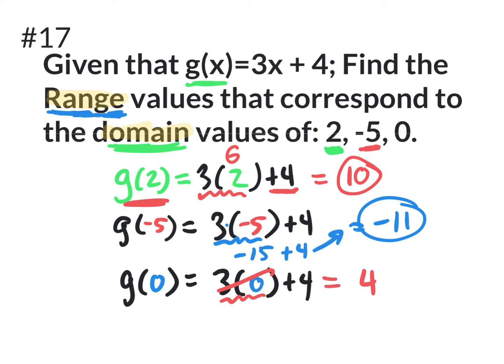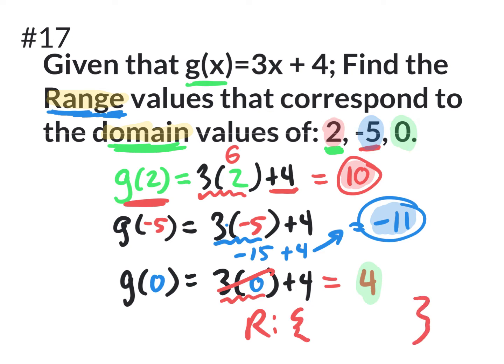Okay. So I want to use colored highlighters here. The domain value of 2 gave us 10. The domain value of -5 gave us -11. And the domain value of 0 gave us the range value of 4. So what are the range values that correspond to the domain values? We're just going to make a list. We're going to write it out. The range values are,